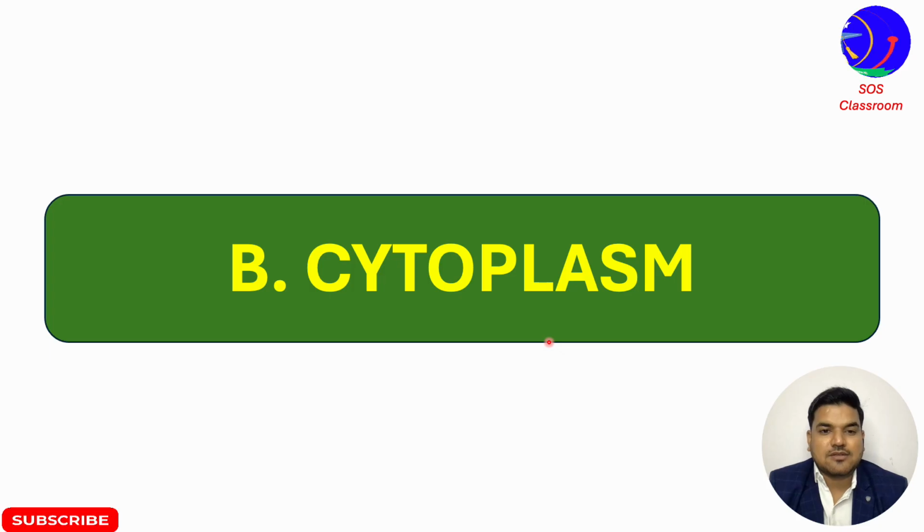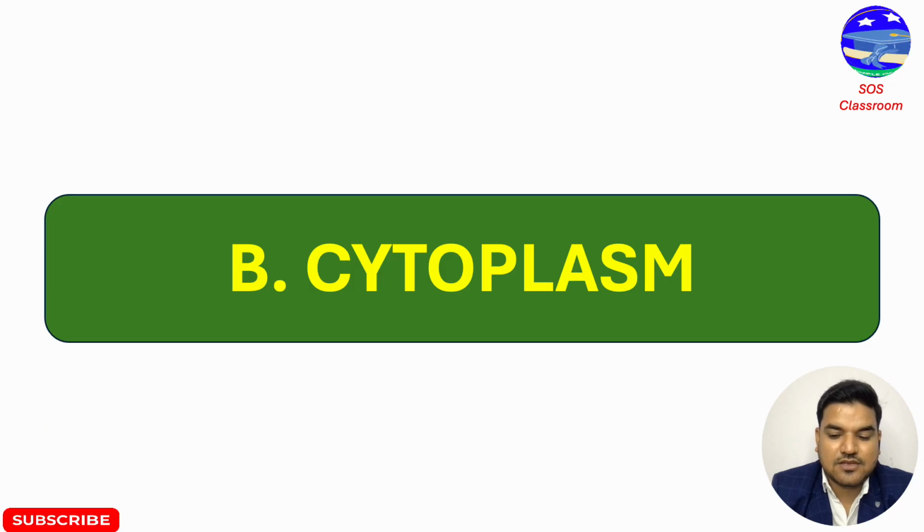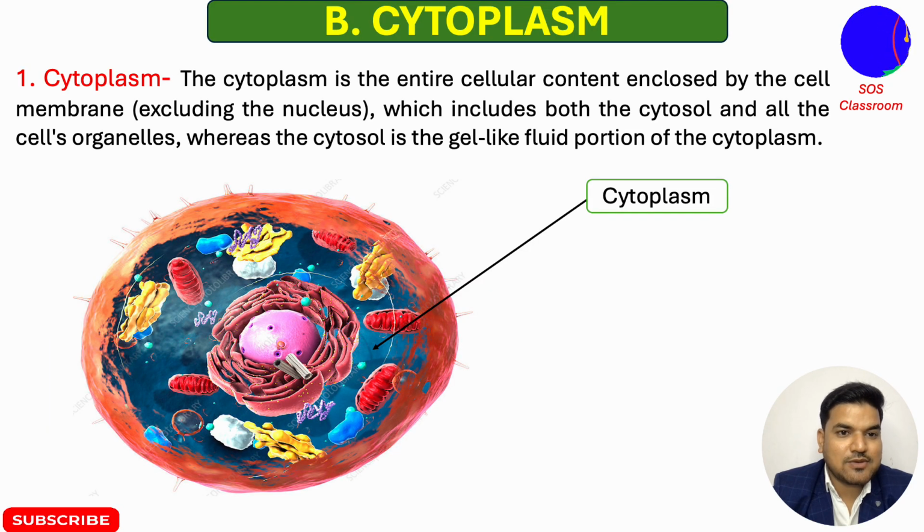So this is all about the plasma membrane. Now let's discuss the cytoplasm. What happens in the cytoplasm? So what is cytoplasm? Cytoplasm is the entire cellular content enclosed by a cell membrane. You can see this is the cytoplasm. Cytoplasm includes cytosol and organelles,